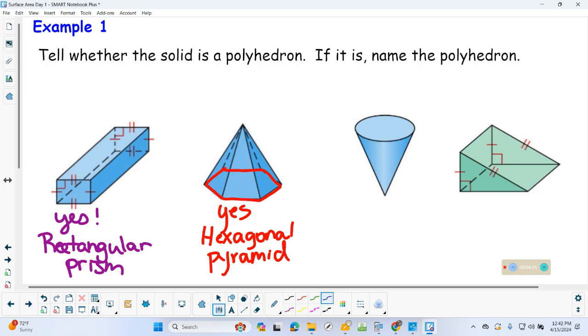All right, let's look then at the third figure. First